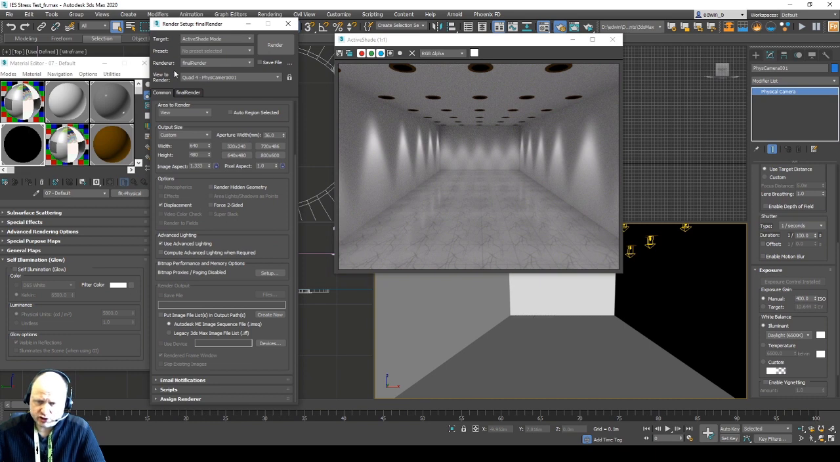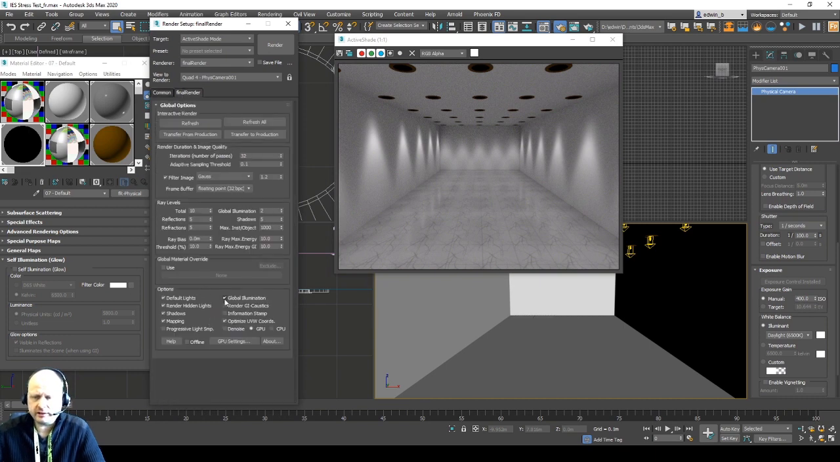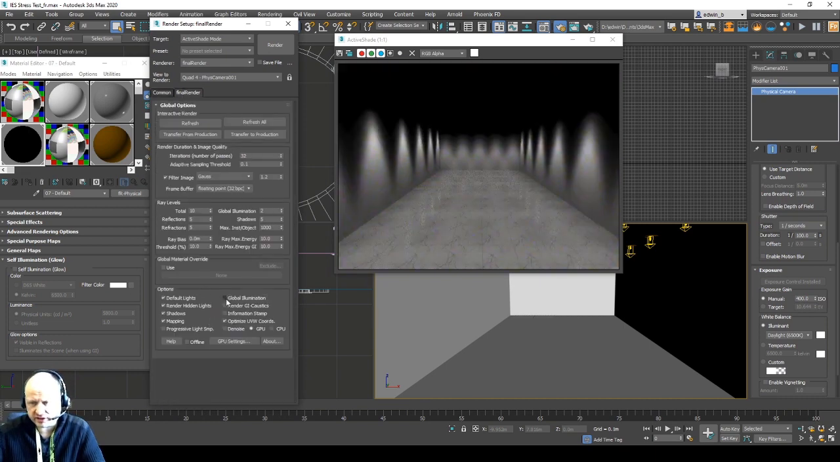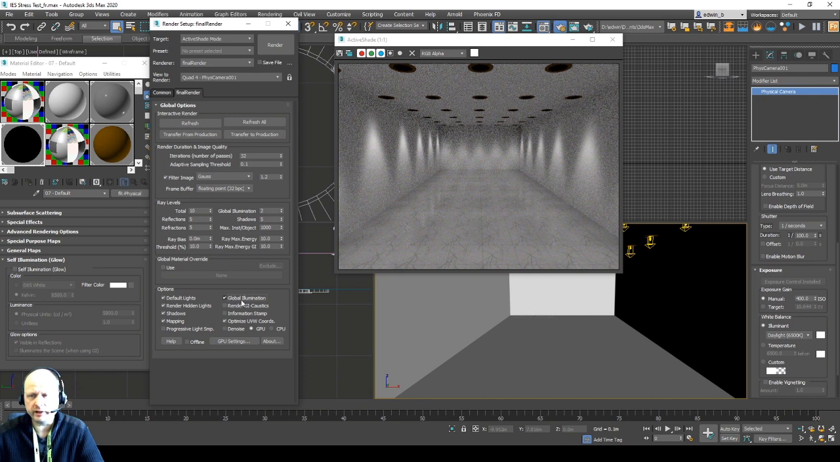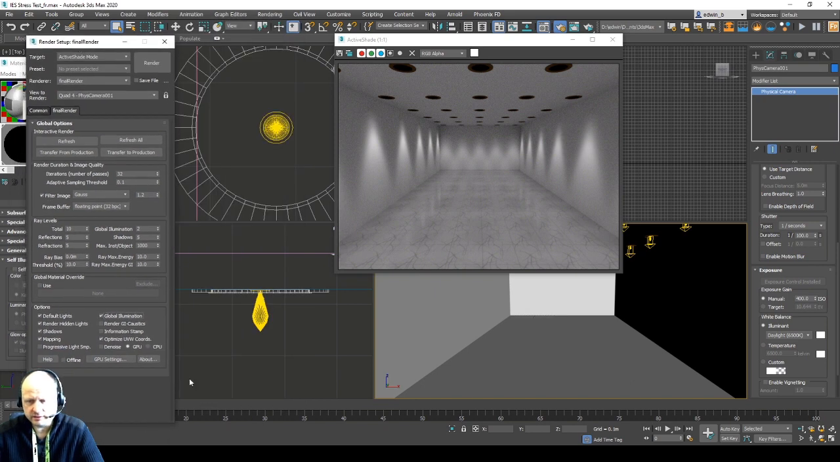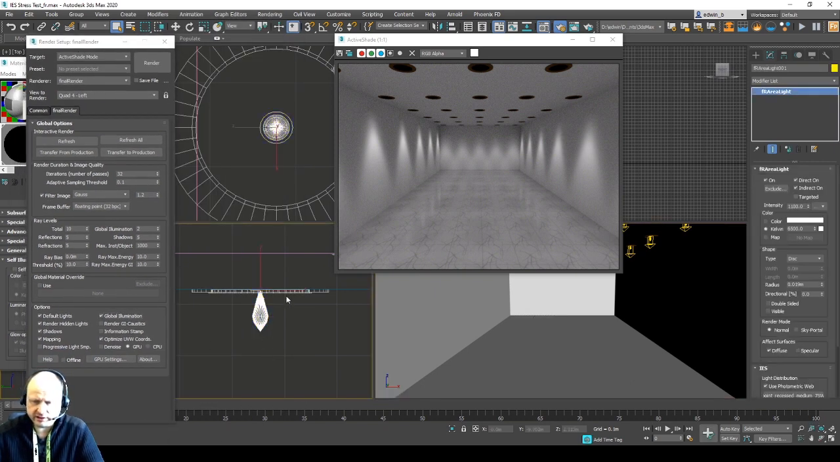And as I mentioned before, let me go back. That's the setting without global illumination, and that's with global illumination, where we see that the light is bouncing around. So we see the lights, but we don't see the reflection of the lights. When we now look at our illumination here,